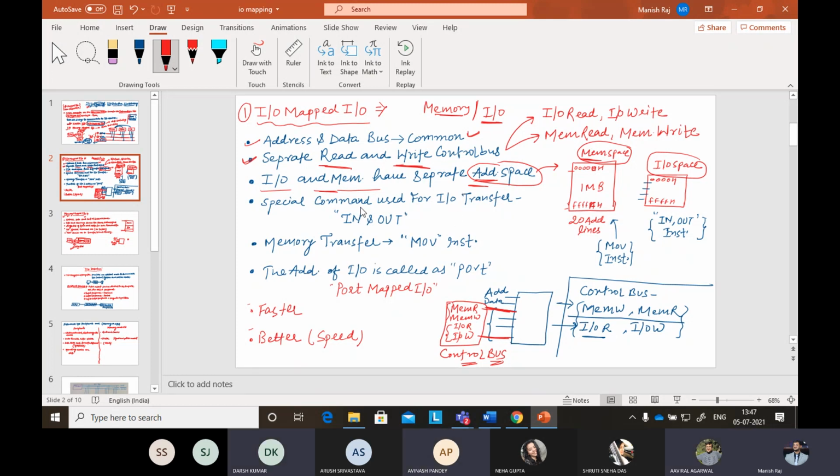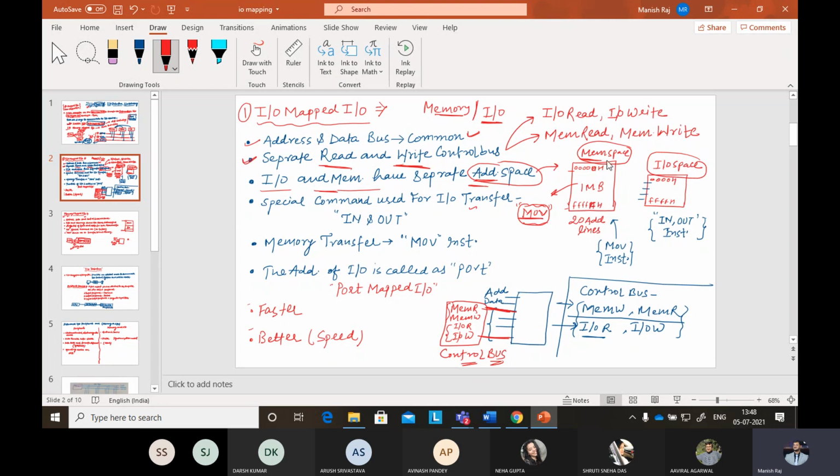Yes, sir. Okay, good. So here you can see for the memory, you know already, if I just want to move anything from anywhere, you can use the MOV instruction. If you want to store some values from one register to another register, you can use the move instruction. If you want to take data from the memory into any register, or vice versa, you can use the move instruction.